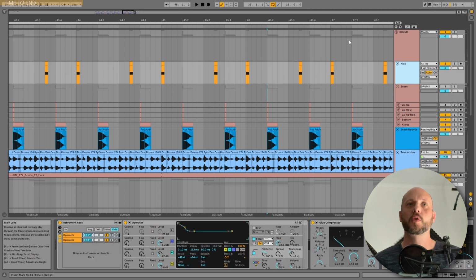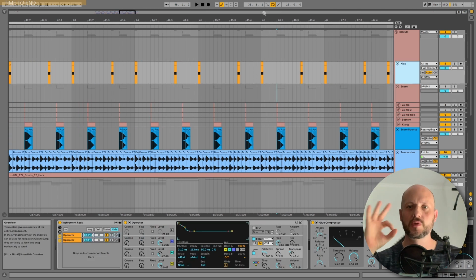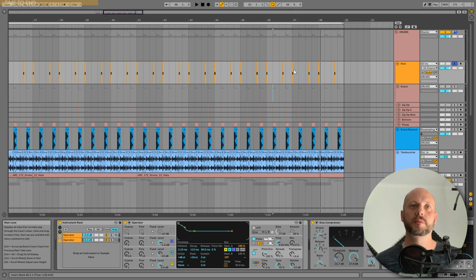But right now let's talk about a kick, because Operator is the greatest tool basically to create kicks. It's very simple, very effective. You can create whatever you want basically. So the kick itself